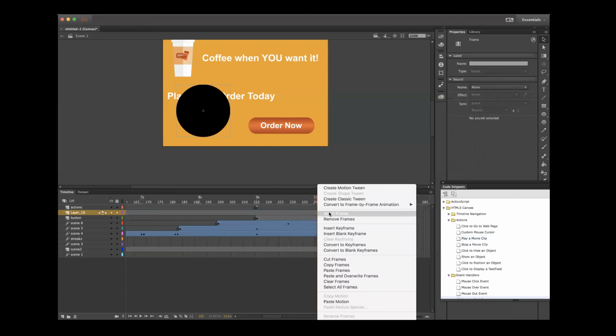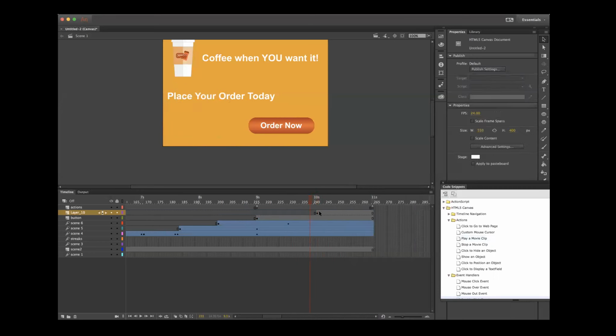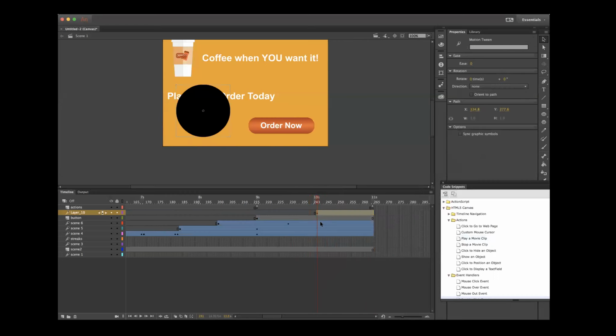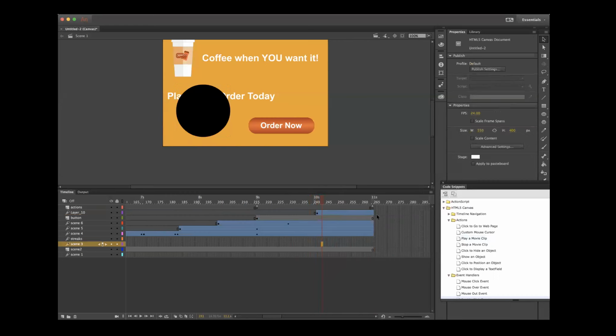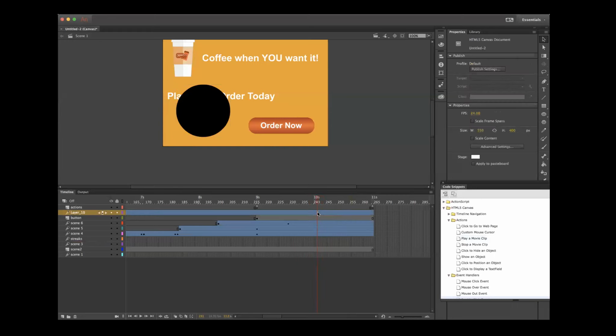And then you're going to have to insert your keyframe, go back a frame and delete, and then recreate that motion tween where it's supposed to be. That is the simplest and easiest way to do it. You can, however,